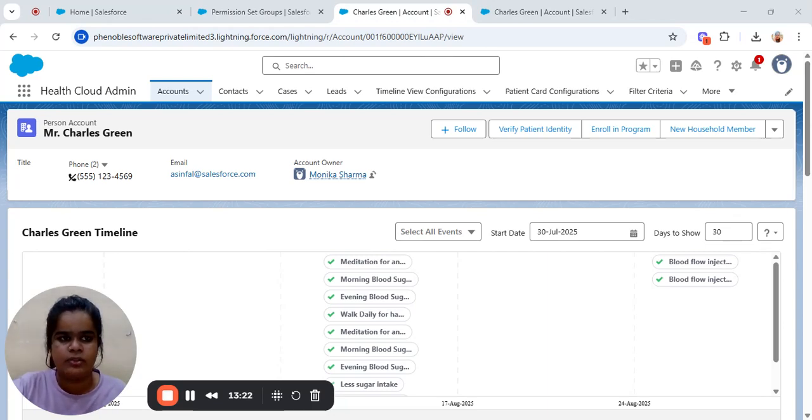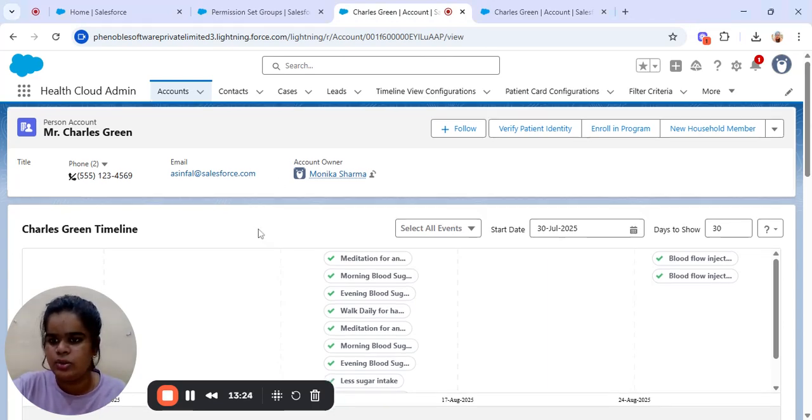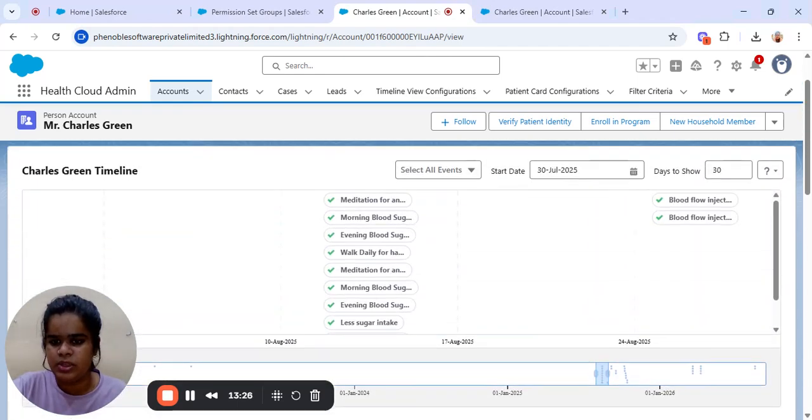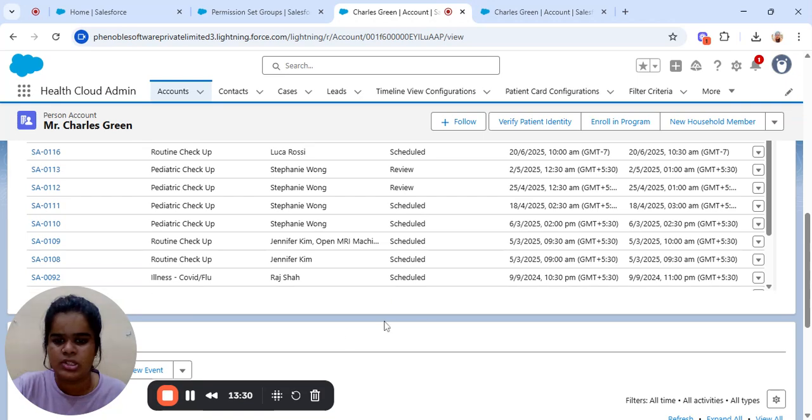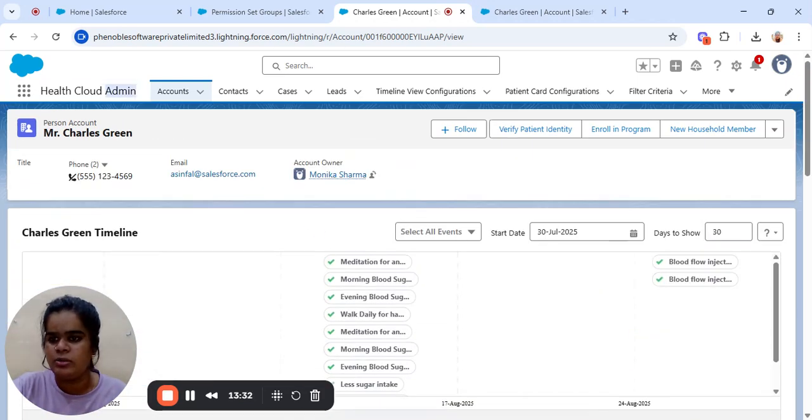After that we looked into some basic structure of patient information or patient data in our Health Cloud admin application in Salesforce. So these are all about the Salesforce Health Cloud permission sets and person accounts information.